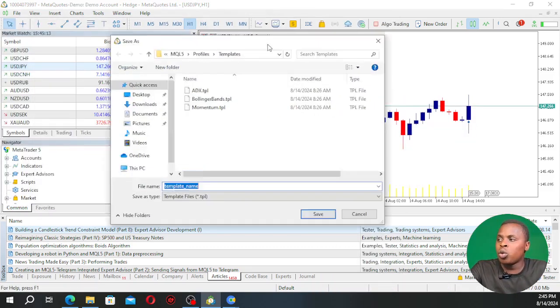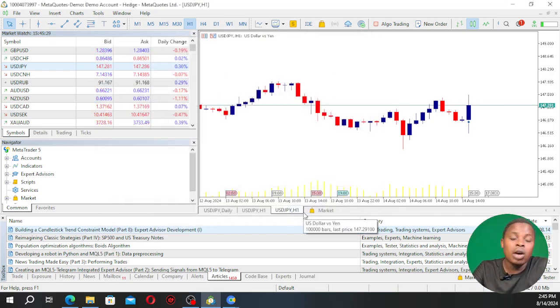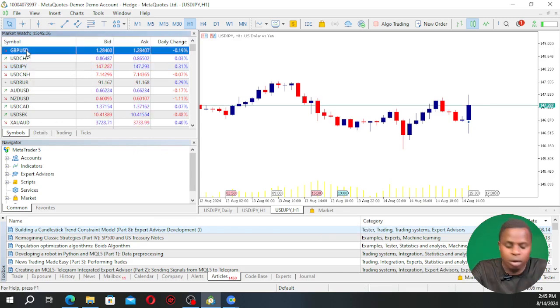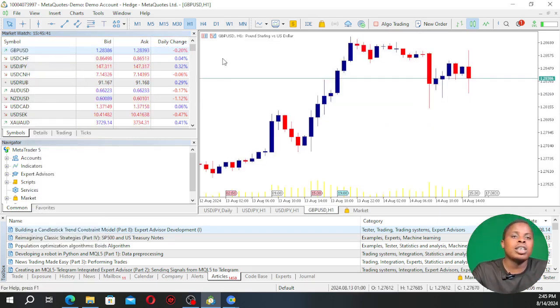Now this is where you want to pay attention. When you click save template, where it says template name, if you want to make sure that this is the color that every chart opens on, you just want to change this name to default. Just go to default and then you click save. Now this is going to be saved as a default color. Now if I go here and select any instrument right here, for example GBP USD, and then I click chart window, you're going to see that it's going to open with the default color